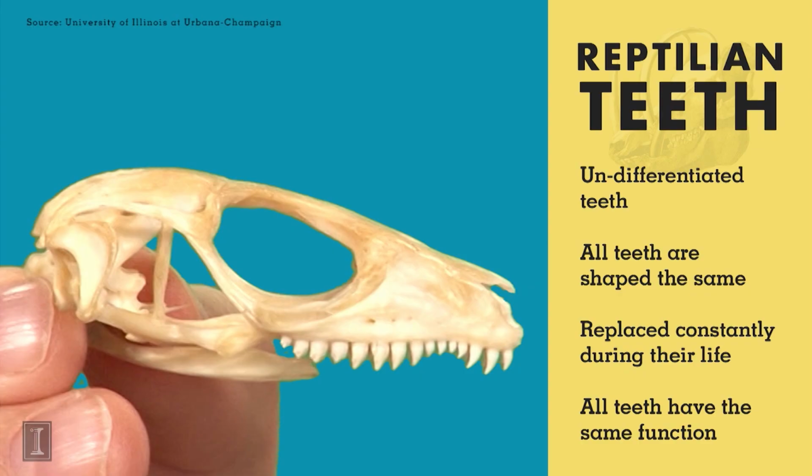And we would infer as scientists that that's used for maybe ripping and shredding of flesh of their prey. But the thing to note about a reptile, which is different from mammals, is that all the teeth are generally shaped the same, and that's called undifferentiated teeth. So we'll compare that to our mammal specimen here,